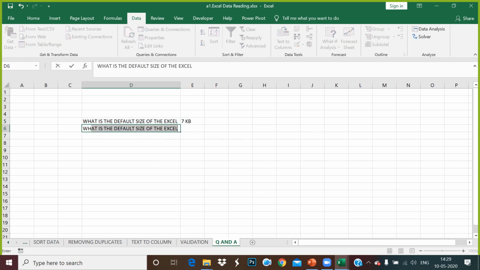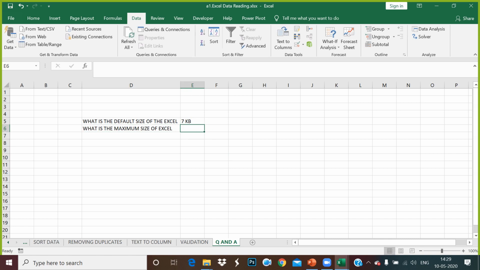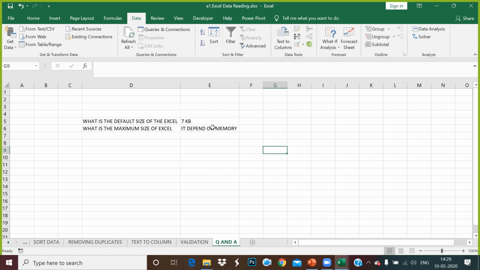Now, what is the maximum size of Excel? Always remember it depends on memory. So Excel is your memory-driven software or application. So it depends on the memory of how much it can occupy.